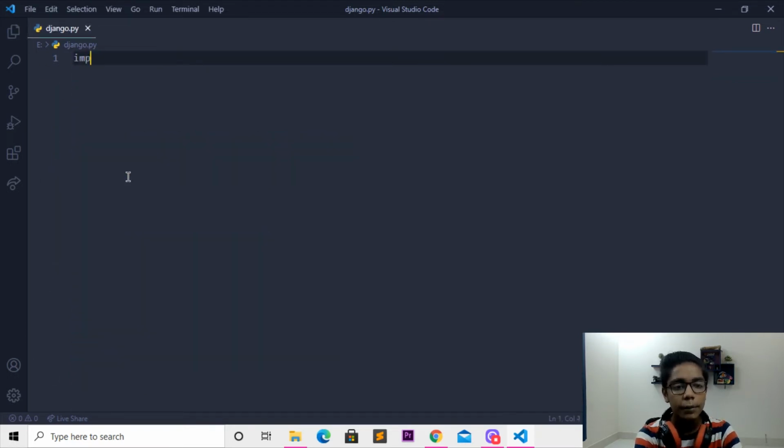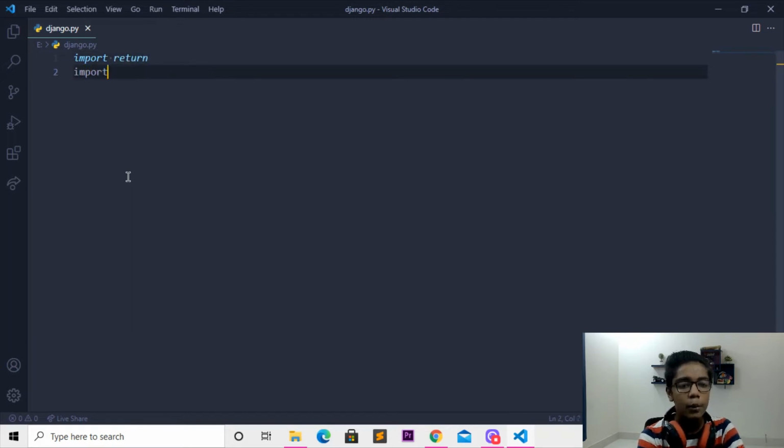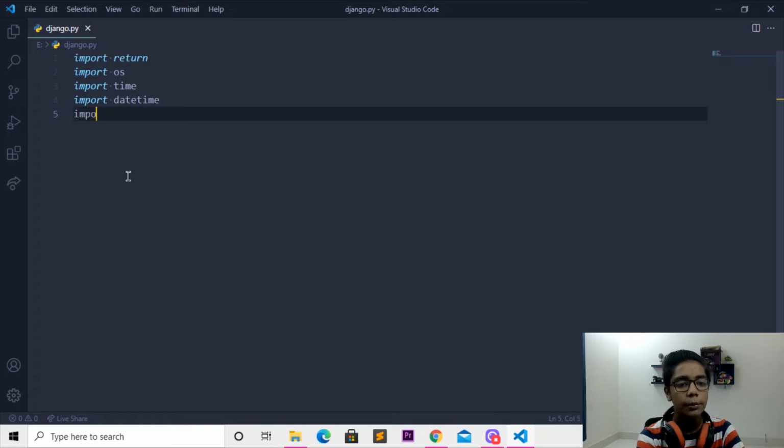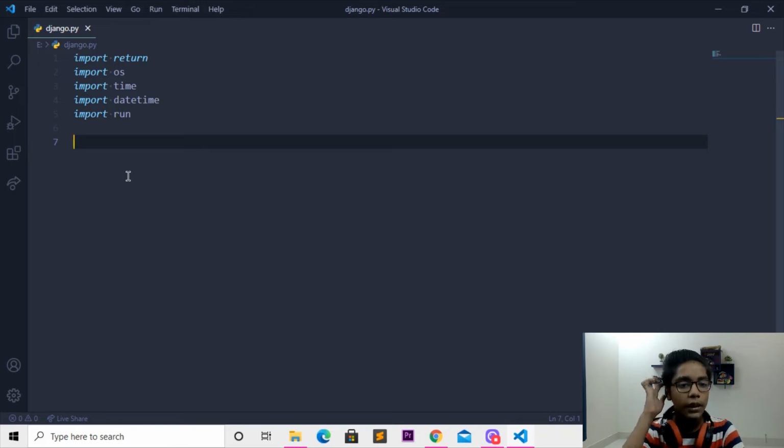Then I will be importing some things, like I'll be importing return, then OS, and here I'll be importing time, then import datetime. When you're done with that, here you have to import another tag, which will be import run. Then I'll be pressing two enters here,